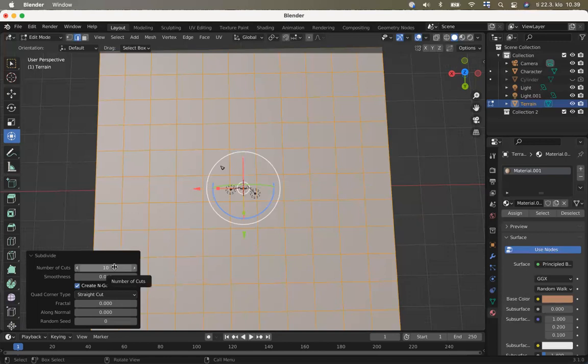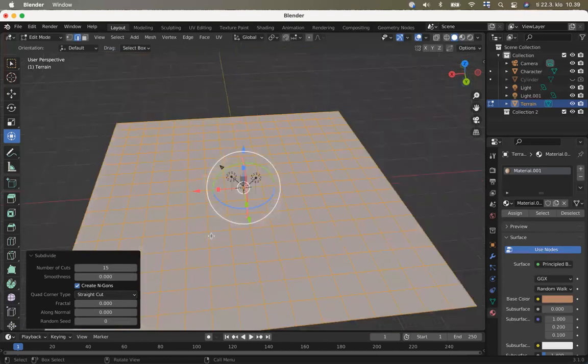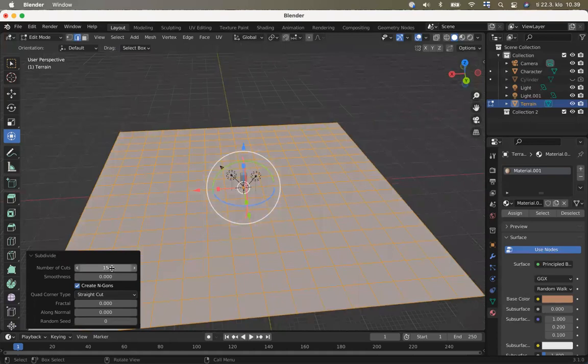Scrolling goes to 10, but I can make it bigger. Let's try 15. Okay, not bad. It could be even more, but I don't want to have too much of it. Let's try 20. Okay, yeah, why not? Then other things that I could do here, I could already raise my ground a little